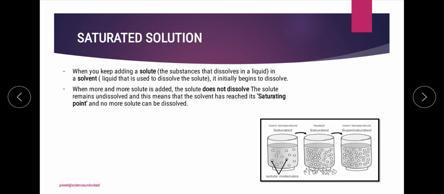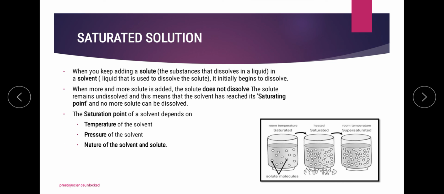But what will happen is that on reaching the situation of supersaturated solution, even the heating process will not be able to help us with the addition of more particles of solute. So that is a sort of limitation in this case, but it led us to the kind of situation where the first container where we have taken the solution of sugar and water, there it is considered as saturated solution. On the other hand, once it is heated up and more amount of solute is added to it to the maximum extent, then it is considered as supersaturated solution.